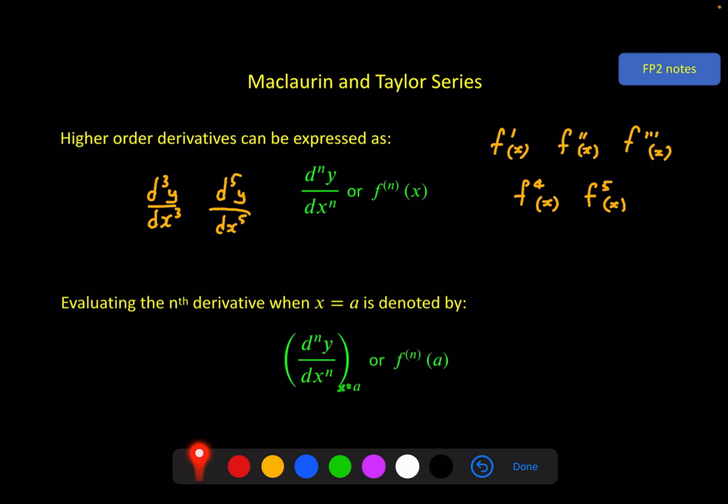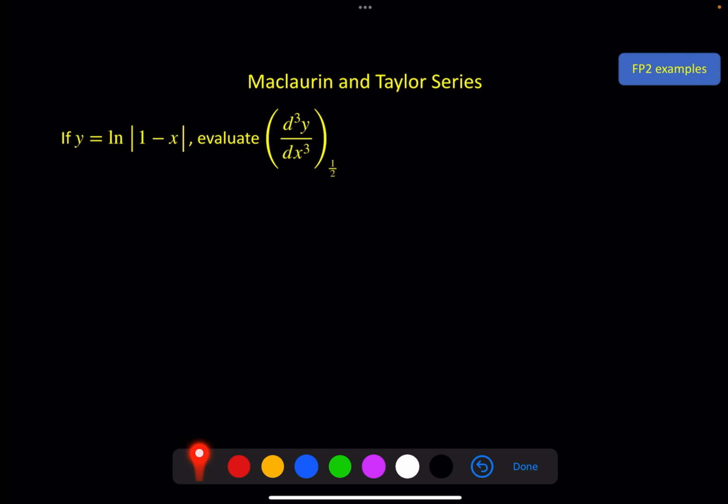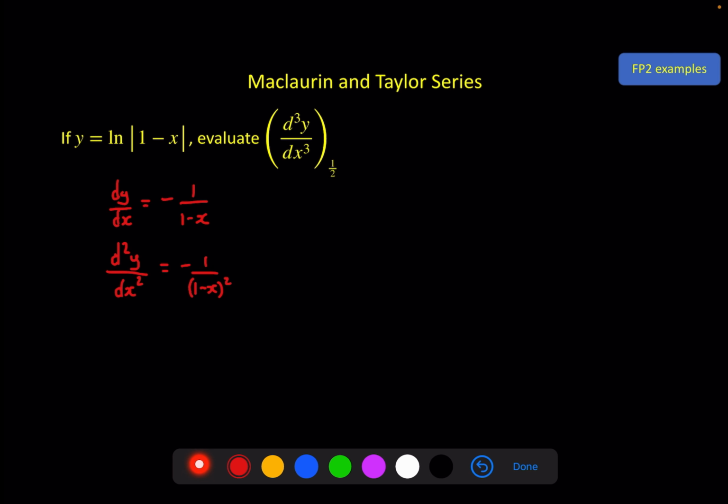Quick example of that. If y is equal to the natural log of 1 minus x, evaluate the third derivative of y at the point x equals half. So first we need to find that. First derivative is equal to minus 1 over 1 minus x. Second derivative is equal to minus 1 over (1 minus x) squared. And the third derivative,